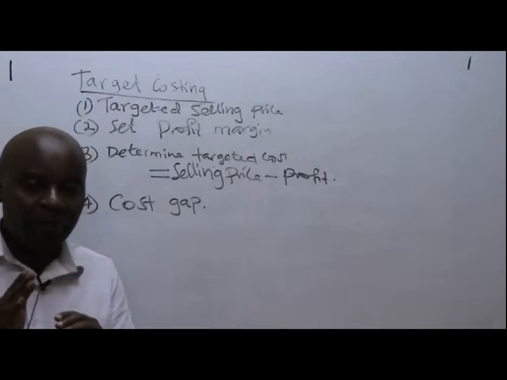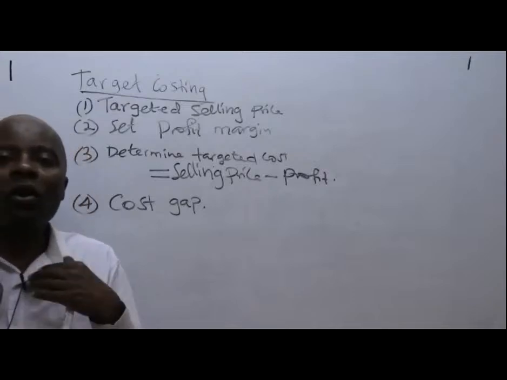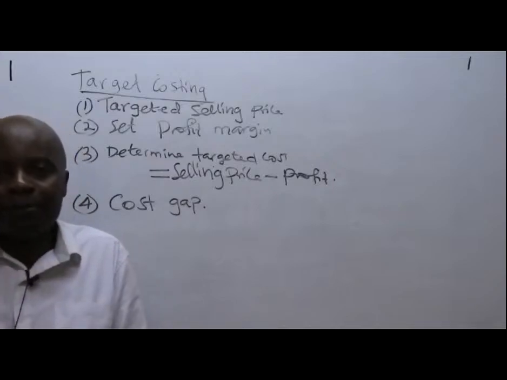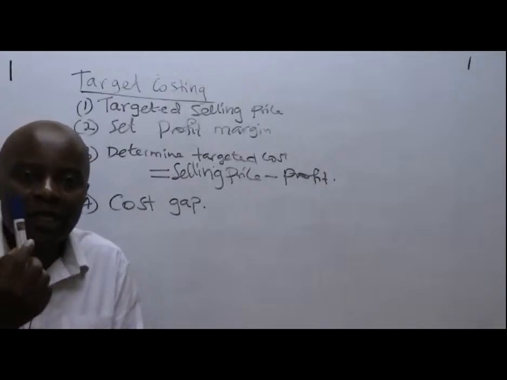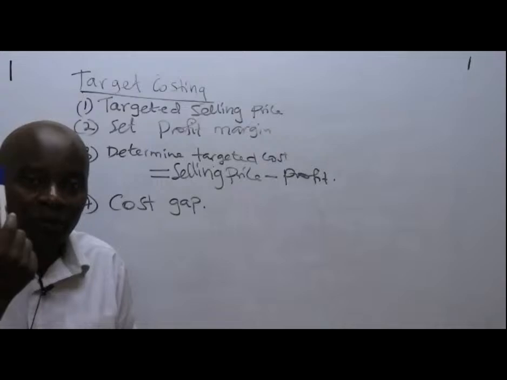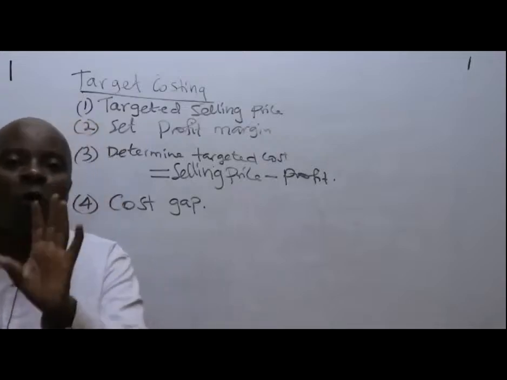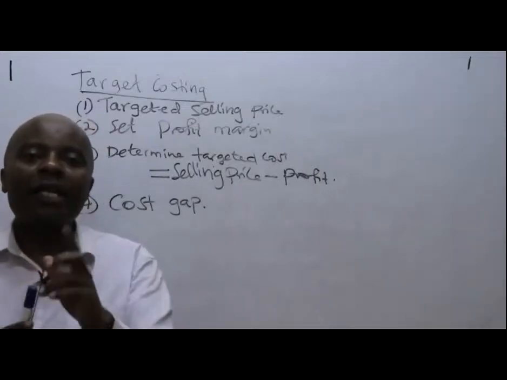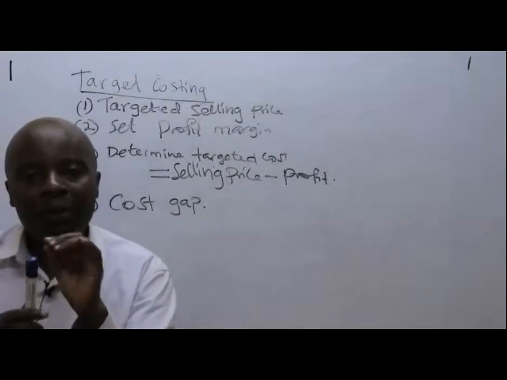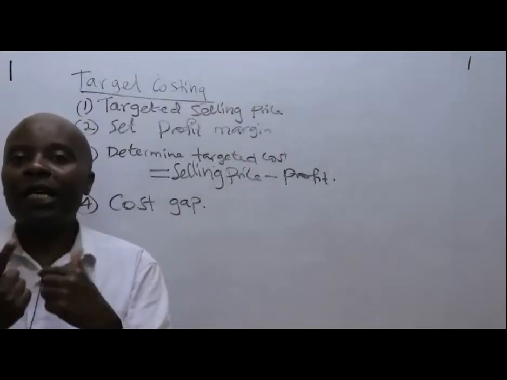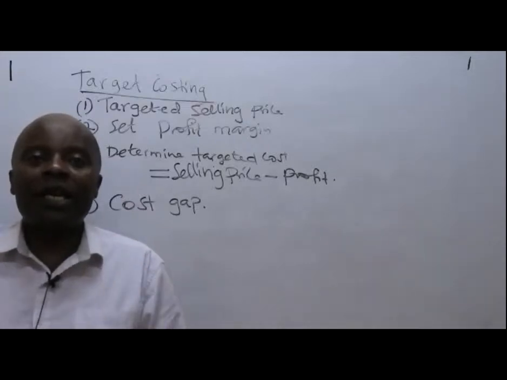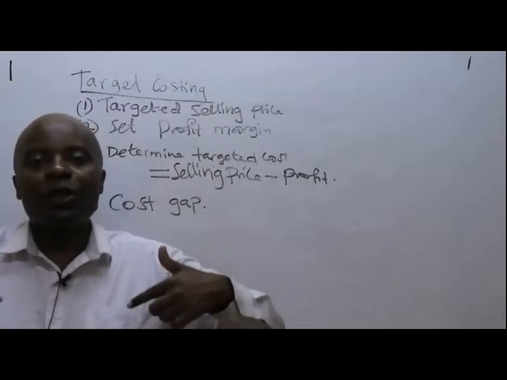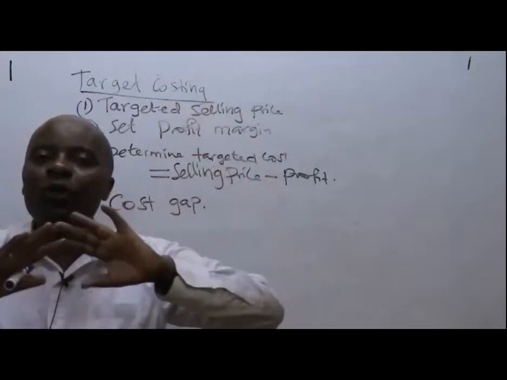Ladies and gentlemen, remember our targeted cost is the cost that we plan to incur to produce our products. So if you're producing pens of this nature, it's a Japanese concept. You sit down before you start any production and set your cost and say that this pen, there is no way it will cost me more than 8 shillings. And when we start our production, should we realize that our actual cost is going to be more than our projected cost,